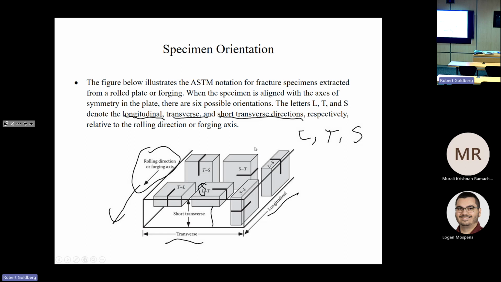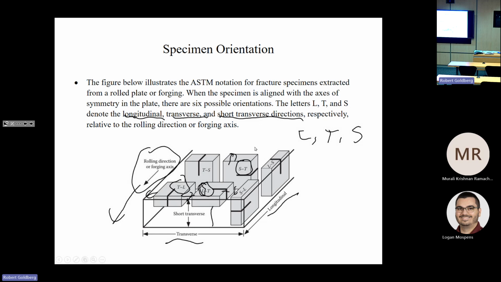So it's kind of obvious from this cartoon, but the first direction indicates the direction of the principal stress. So like in this LT direction, you can see that that is designed so that the load will be applied along the loading direction. Conversely, for this T-L specimen, you can see by the way the specimen's designed that the load would be applied perpendicular to the crack in the transverse direction,